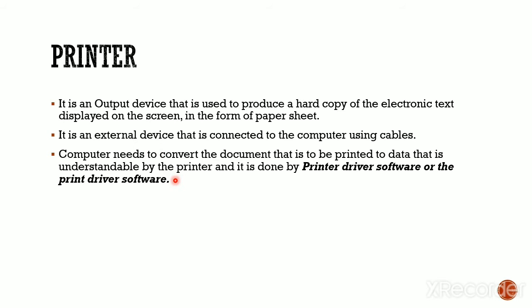For example, a child does not know our language, right? A child knows only to produce some sounds by opening and closing its mouth. But we humans, once we grow up, we know how to pronounce each and every word, right? We can't understand a two-month-old baby talking, right? The same way the computer understands its own language, and the printer understands the same document in a different language, right?